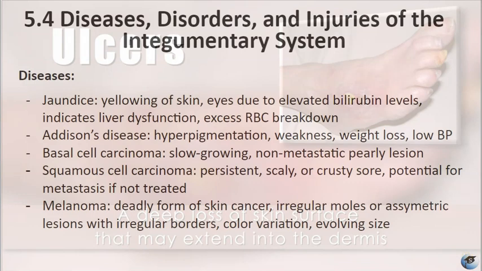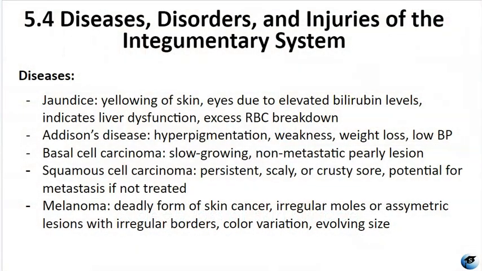The integumentary system is susceptible to a variety of diseases, disorders, and injuries. These range from annoying but benign to severe and potentially fatal. Let's look at some of the most common skin conditions. Jaundice is the yellowing of the skin and eyes associated with elevated bilirubin levels. This discoloration signals potential liver dysfunction or an increased breakdown of red blood cells, and its presence necessitates further investigation